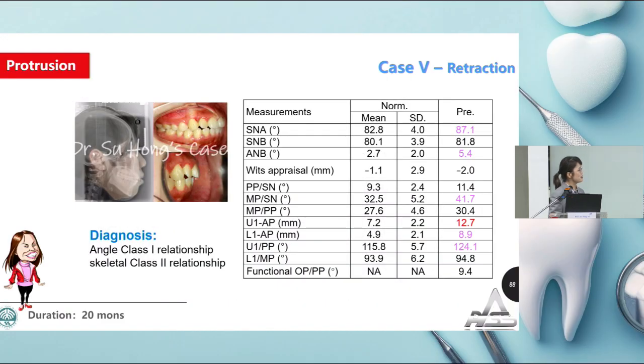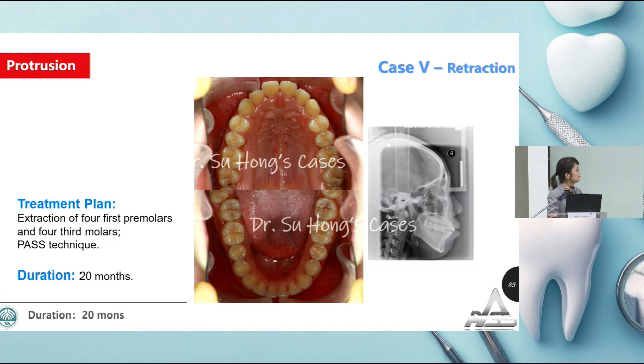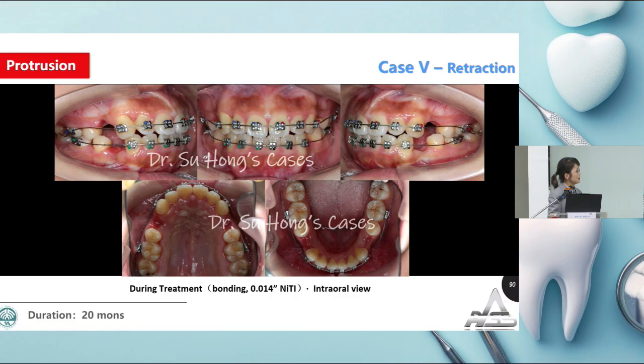Okay, the diagnosis was Angle class 1, skeletal class 2. And we extracted the 4 fourths and the 4 third molars. We used the PASS technique, and in nearly a year and a half we finished the treatment. After rebonding, the moment after we